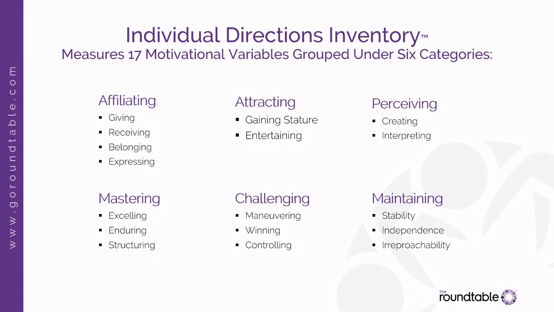Okay, so then the last one is maintaining. This is how you maintain your world: what are the energies you use to keep your world predictable or fluid or whatever is important to you? The three under here, stability is the first one. I mentioned that a little bit earlier. People who are high stability want predictability. My husband's 95th percentile stability.